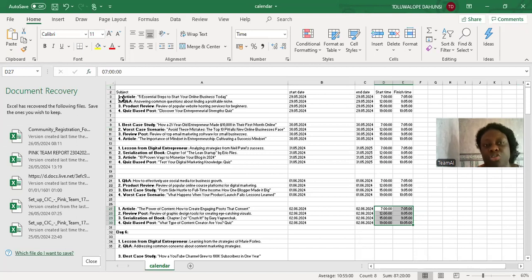So I did a subject, start date, end date, and then I put start time and finish time. So I told myself that I want to be able to see clearly on the calendar what I should be doing, what post, because other things, other agendas could come in at that time. So I want to give enough. And when I'm looking at the calendar, knowing fully well that I've got a specific time that the scheduling of the blog post will come on,